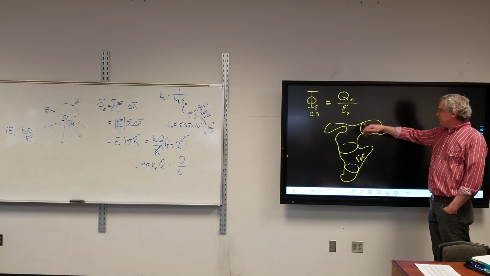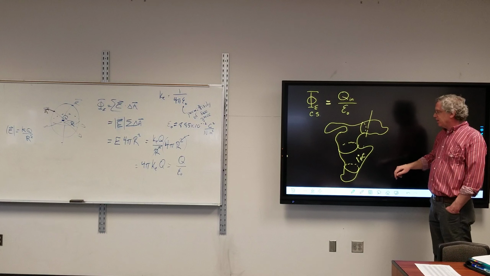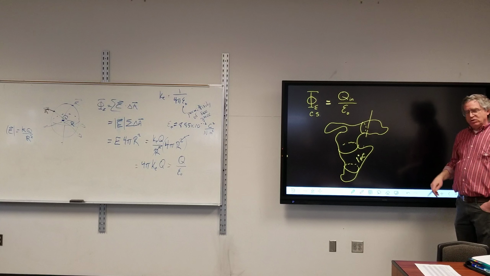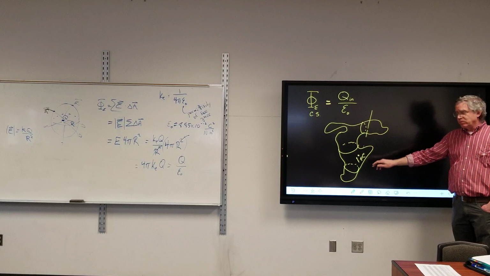I have the electric field lines going out all over the place here. It would go out and go back in, then go back out again. But the total flux through this surface, no matter where this charge is inside, the total flux,